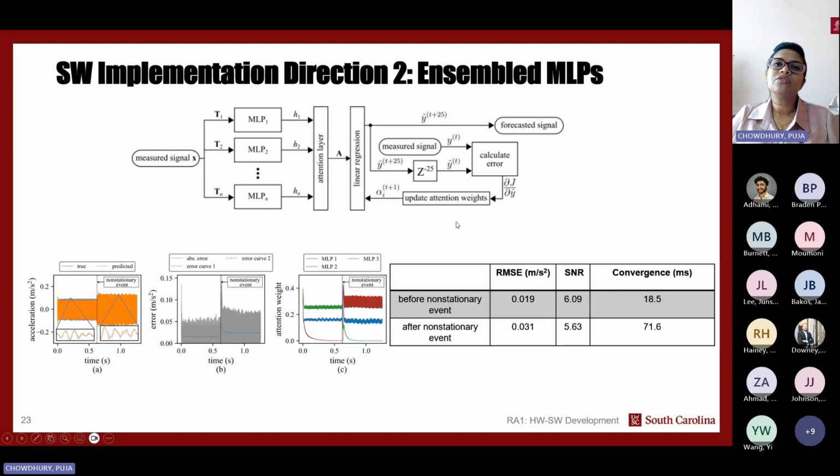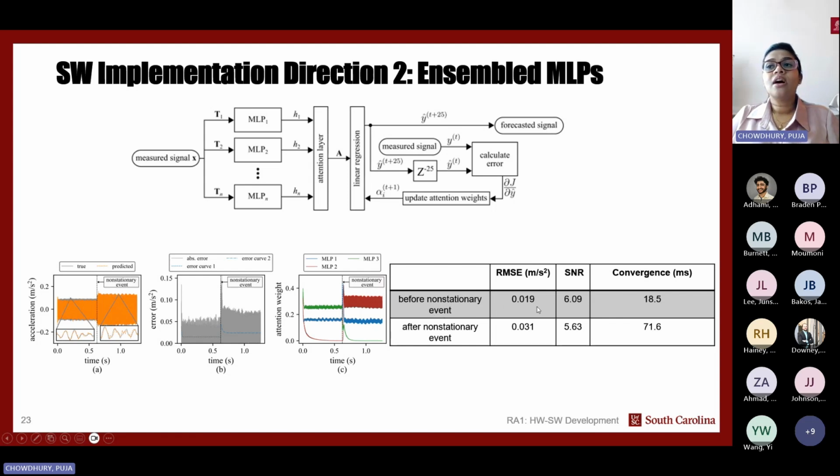Now coming to the result section. Here, we consider two sides of the data. First, before non-stationary, and the second, after non-stationary. From the plot, we can see separately before non-stationary, what the changes are, and after, what is happening. But it will be better to look at the numeric values. We can see here